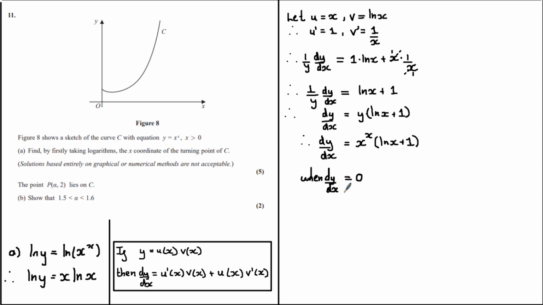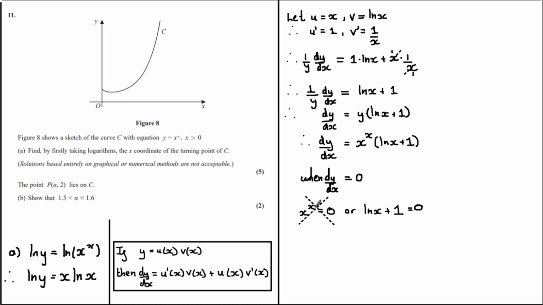So when dy by dx is equal to 0, we have a product of two functions that are equal to 0. So it's either that x raised to the power of x is equal to 0 or ln of x plus 1 is equal to 0. Now, by looking at the graph, we can deduce from it that the function x raised to the power of x can never actually be 0 on this domain, because you can see it never actually crosses the y equals 0 line. Okay, so they've been very helpful here by showing us how the graph looks, and therefore we can